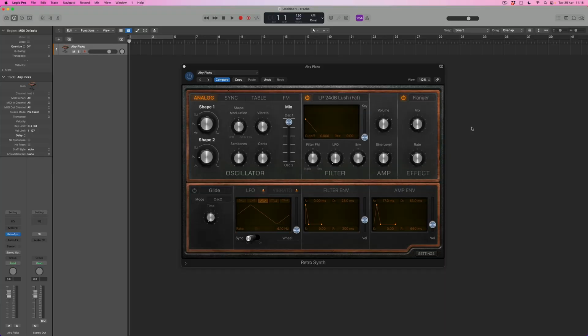I'm Jono Buchanan, and in this video what we're going to do is to map smart controls. Now, smart controls have been in Logic for a long time, but what we're going to do today is to look at some things that maybe you wouldn't have had a chance to consider in terms of real-time processing of effects using smart controls. So what I've done is to set up RetroSynth, and I've selected one of my favorite